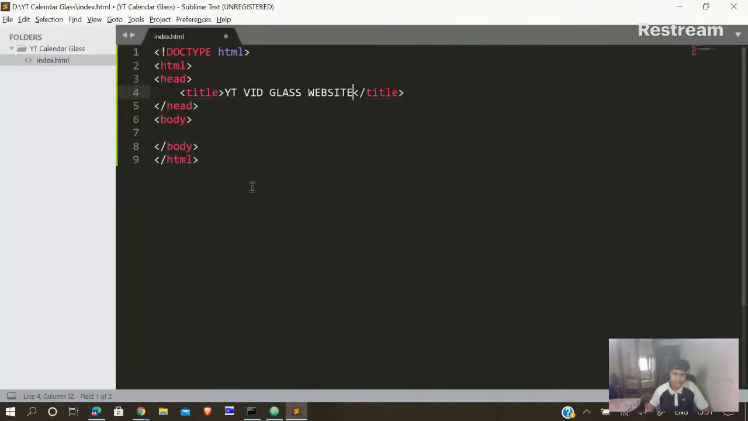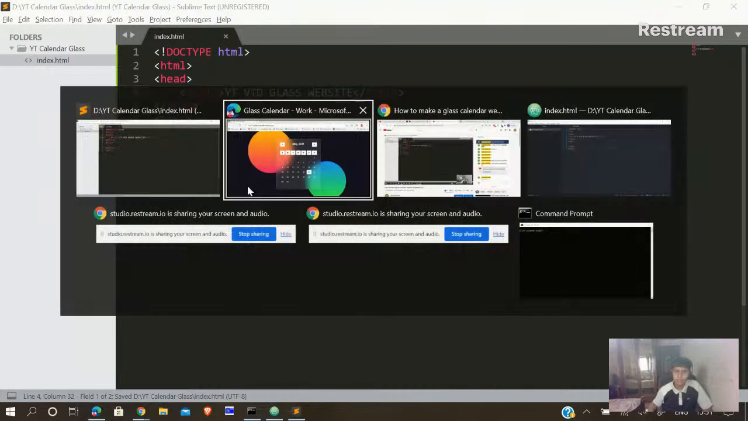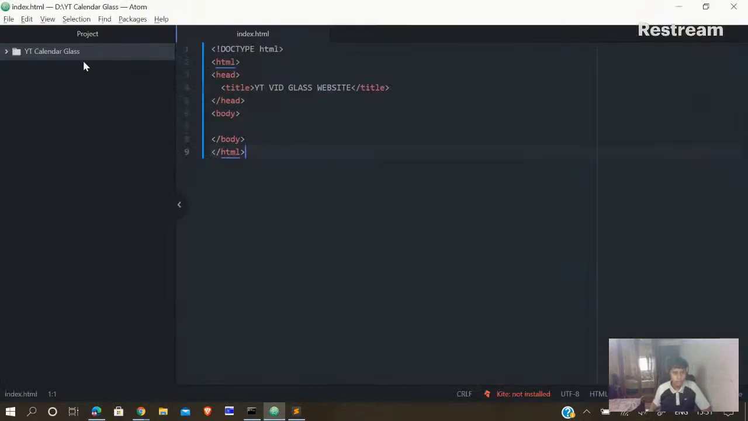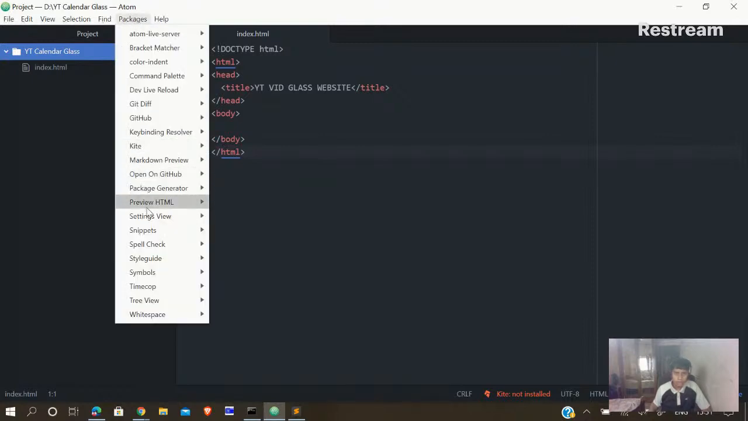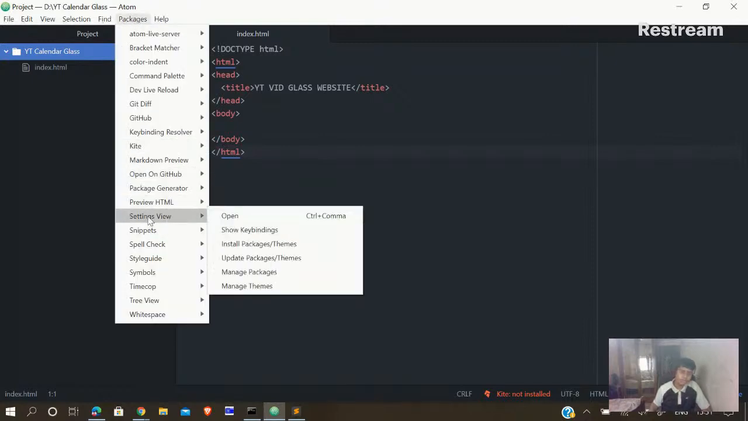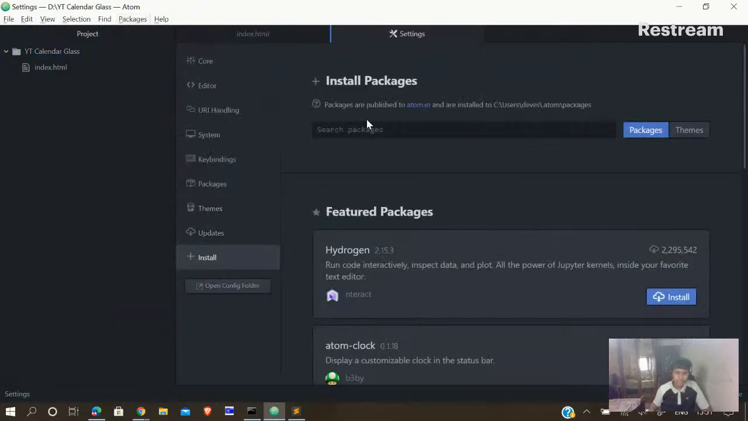Okay, continue. YT Vid Glass website. That's done. Let's come back to our Atom over here. We have the index.html file. Now, next up, if you don't have this, you can just skip this. Okay, it's a live stream. It's not a video. Okay, now settings view, install packages slash themes, and then over here you can just type